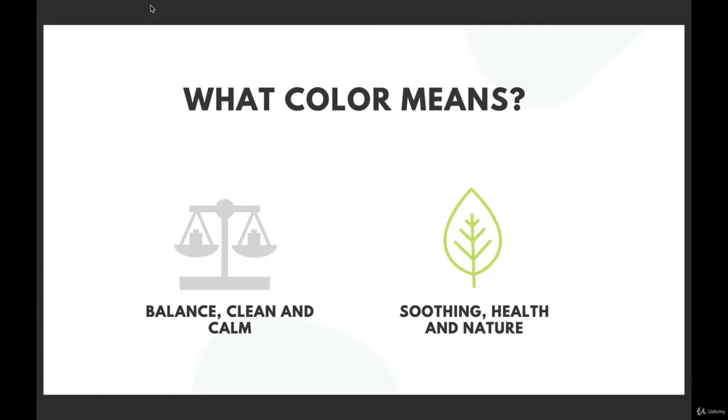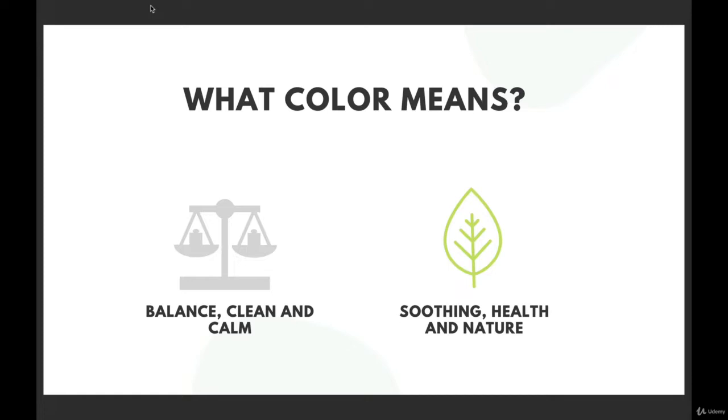Now, when you think about green, you can think about nature, soothing colors, healing colors. One thing that I typically think about when I think about green is John Deere. It's a type of tractor and lawnmower and stuff, and I automatically think of that because it's associated with nature. Tropicana, the orange juice company, is also a green logo, which kind of makes me think about orange juice, nature,